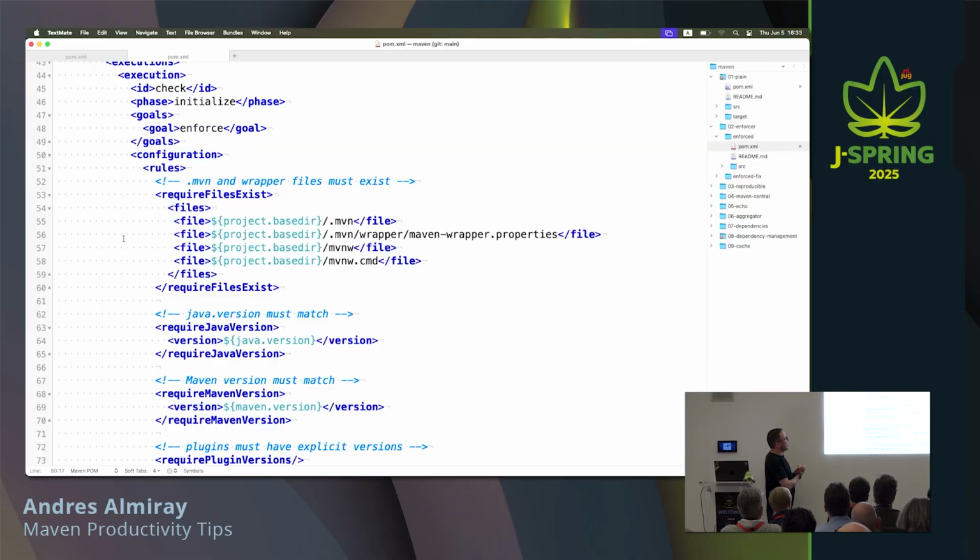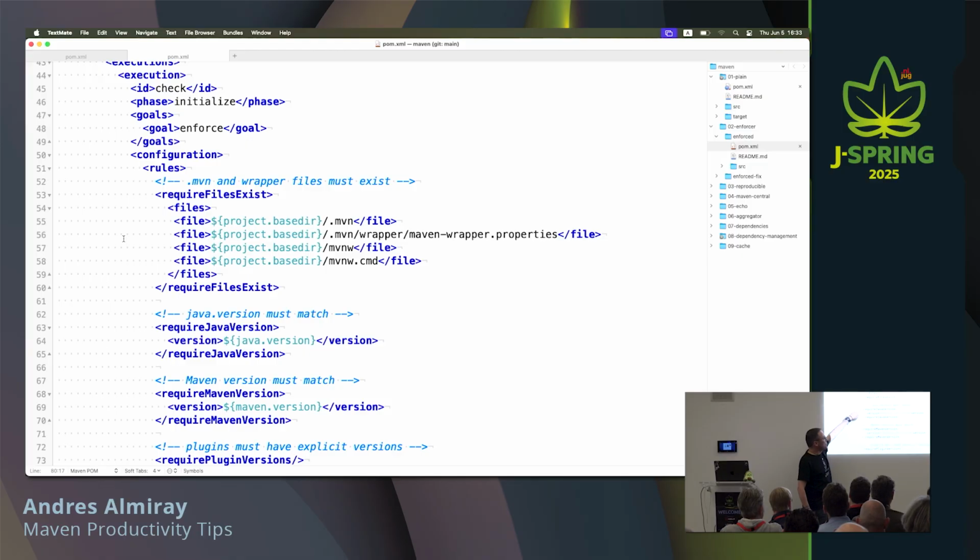The first one: we should have a .mvn directory at the top. This is useful to calculate the root directory, and it's more important if you switch to Maven 4. Currently it's at version 4 release candidate 3. It might be the case that Maven 4 comes out for real at the end of the year. We'll see. What this enforce rule is saying is, if you have these files, at least you have something that tells me you may be using the wrapper. If you have the wrapper files, they can invoke Maven in a different way.